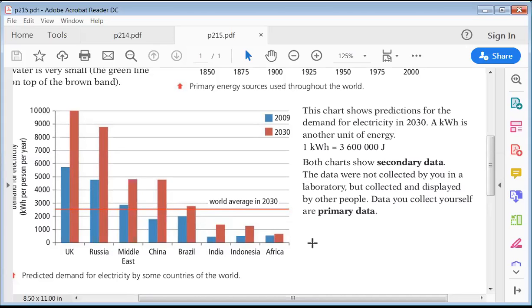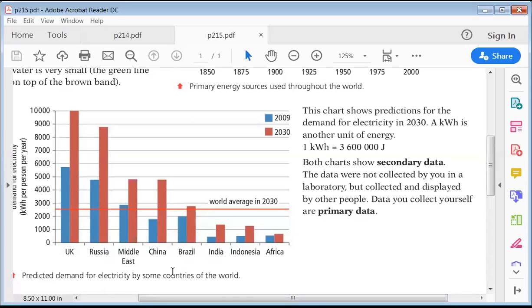If we made this chart, or collected these values and information by ourselves and wrote them ourselves, we call them primary data. But if they are secondary, that means we took them from another place, whether it is a book or the internet or any source. So here the chart is showing you the prediction for the demand for electricity in UK,